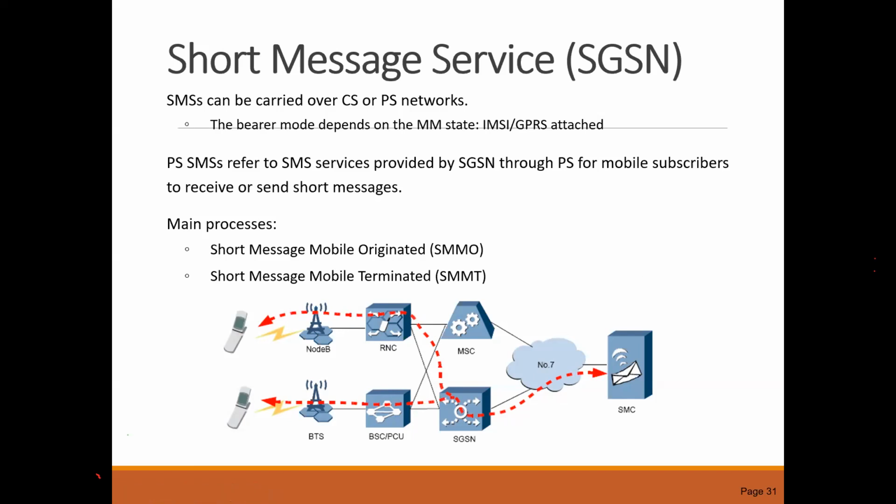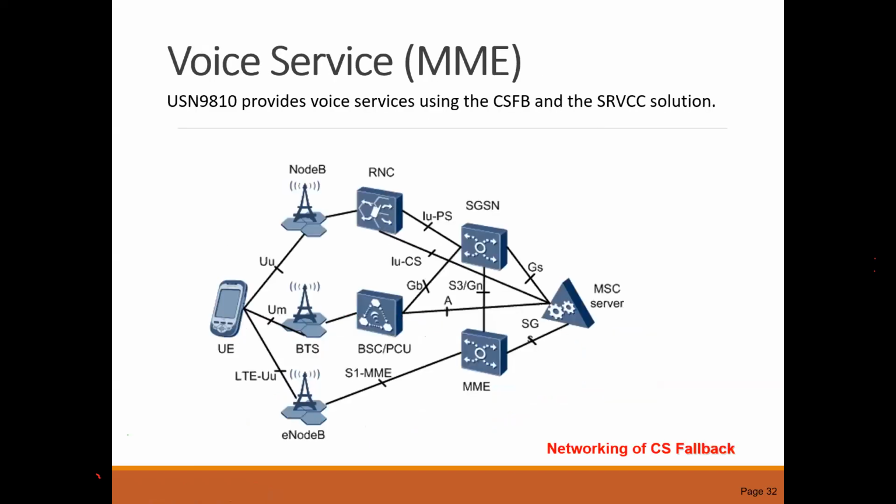But usually it's in 2G, 3G, it's done via MSC, and in 4G, yes, it is done over packet core. Okay, so as I discussed, in 4G, the eNode B does not have any interface with your MSC. In 3G, your RNC is connected with your MSC over the IuCS interface, and even in 2G as well, your BSC is connected with your